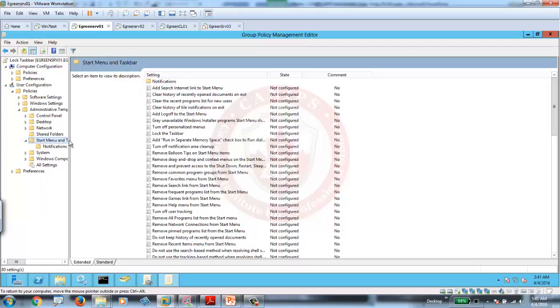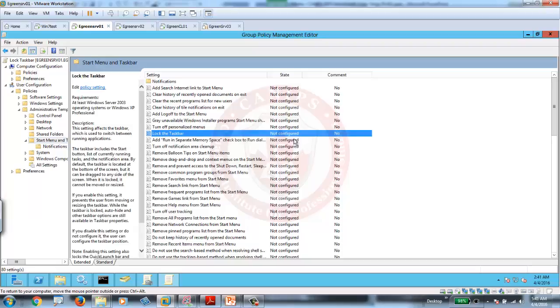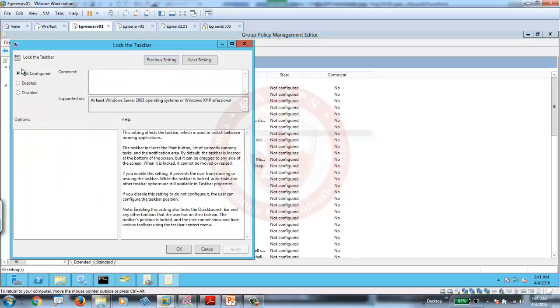Now here this is about taskbar, so all settings, taskbar, and here is one policy called lock the taskbar. And for now it is not configured. I'm going to double click it to open, and here I have three settings: not configured, enabled, and disabled. So we can use enabled. If you disable it, meaning this policy is not working and the taskbar will be open, we can make changes. If we enable it, meaning that this policy will be enabled and the user won't be able to make any